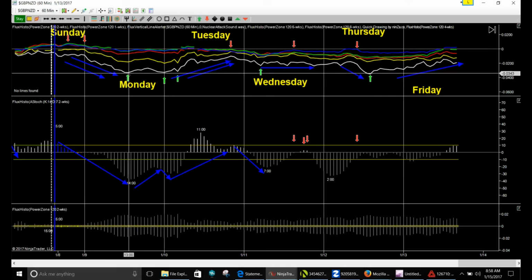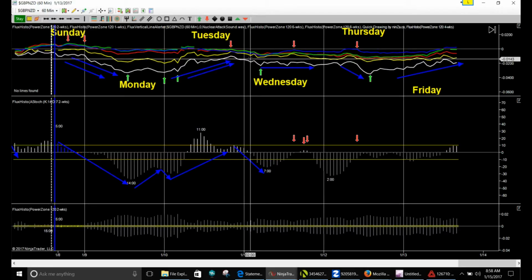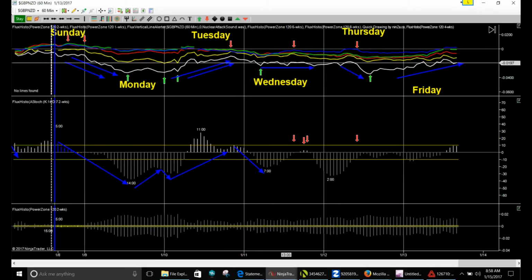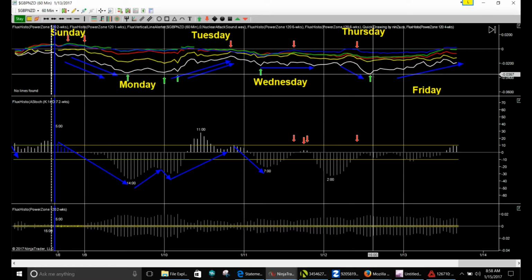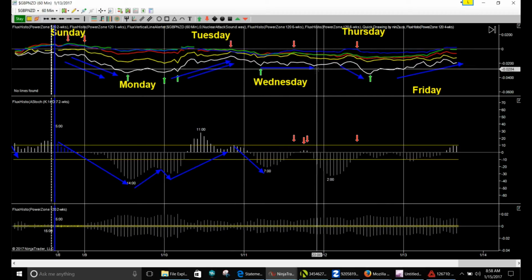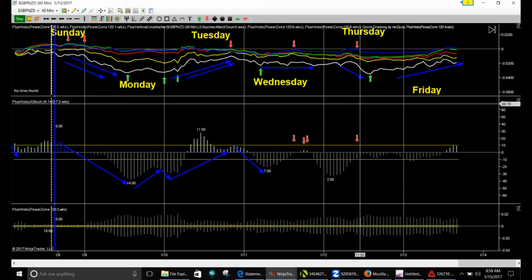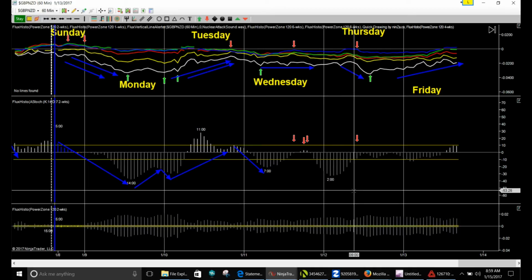Then Monday, back reversal, 1 p.m. to the north, and looks like we're just going to start waving to the south from there. Then another sell at 8 p.m. on Tuesday, and then it looks like it's just going sideways until we get to Thursday, and then it goes down. So we have one down move, one up move, another down, and then I think it's just going to be down moves from there on. So I'll be looking for short positions. All right, traders. So that's it on that,